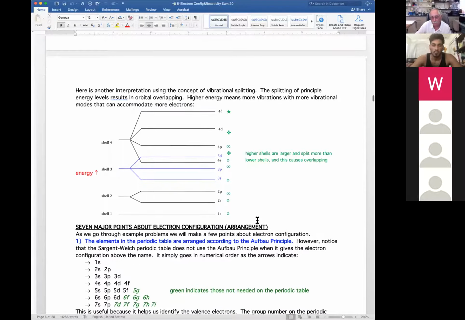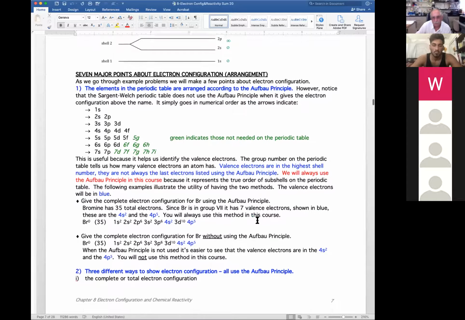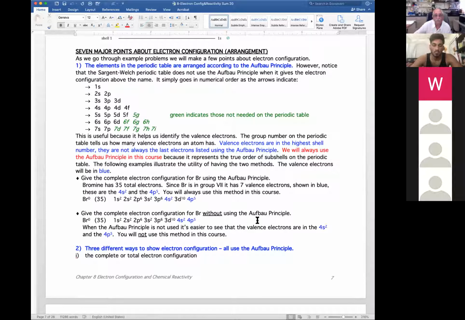So then we talked about several different things about electron configuration. The immediate source of confusion is you go to the periodic table and you see these electron configurations on the periodic table, and you want to be able to just copy them down. But you can't do that because it's not in the Aufbau principle. It's simply doing this. And the reason why it's doing that is because it now helps you find out which are the valence electrons. So for example, if you go to bromine,